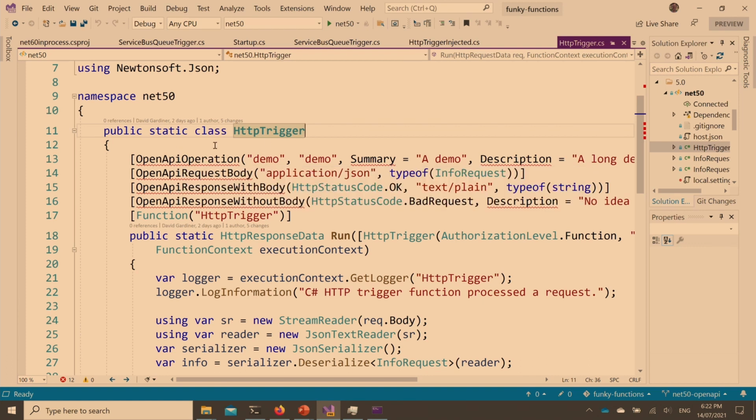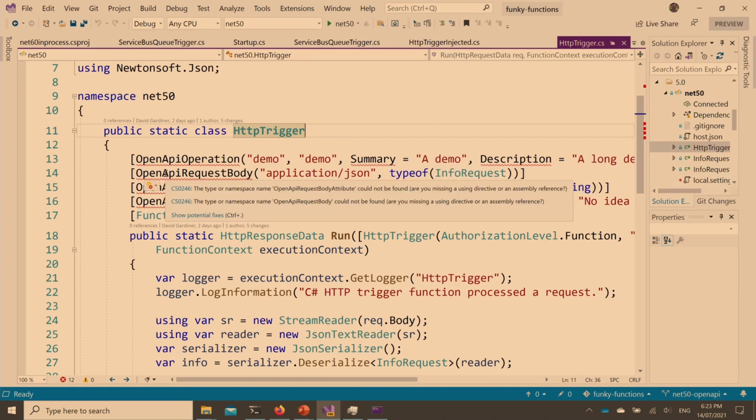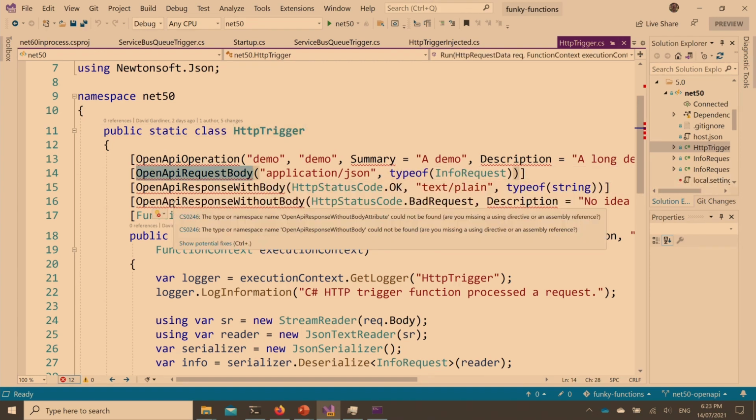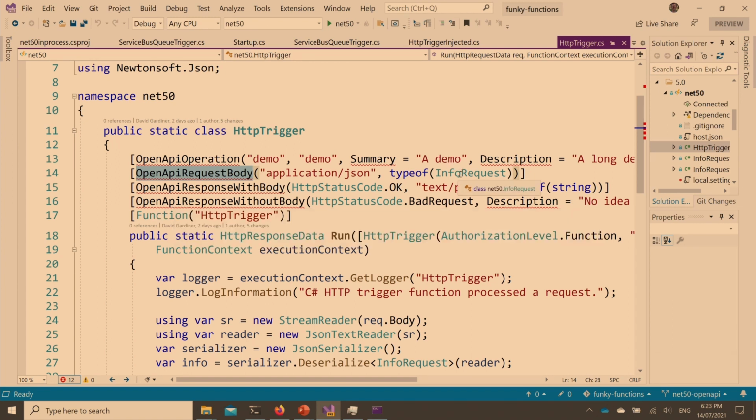Essentially we've got the API operation attribute, which allows us to define the operation ID for the function, which is like an OpenAPI terminology, a tag. Then we can provide a summary and a description, so that's an opportunity for you to document what this Azure function is doing. We can then say, for the request, if it's a POST kind of function, then we're going to have a body passed in. In this case, we're expecting a JSON type,